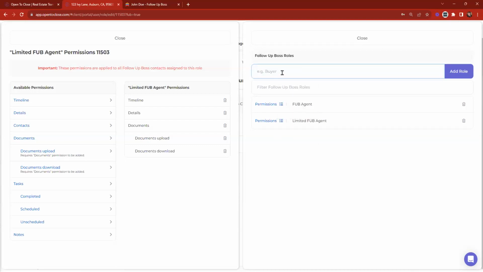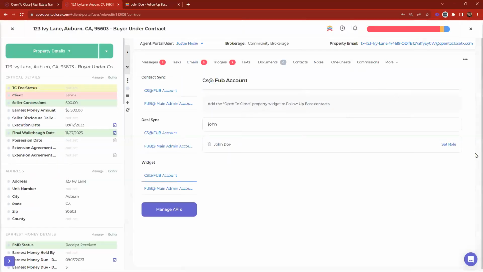Oops, sorry, I clicked on the wrong one I have in my drop down. It's really that Follow Up Boss agent permission set. What do we want to give them access to see within Follow Up Boss? What information do we want to push over? Since I already have roles there, I'm just going to go ahead and click on set role and select one